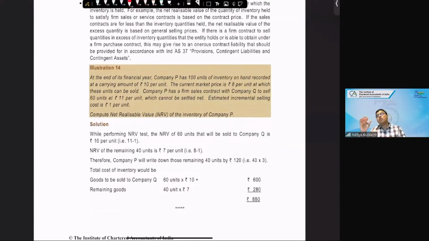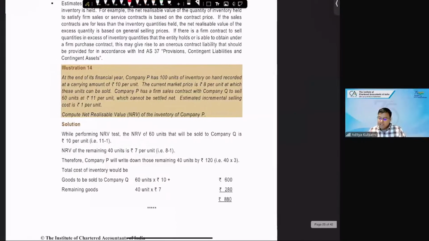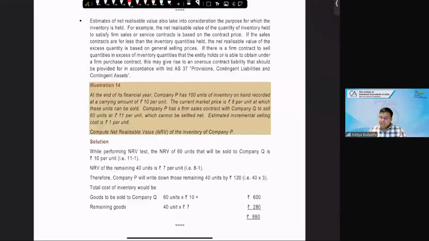So you can do a reversal of the write-down in the future. We don't call it a write-back or write-up. What we mention is a reversal of the write-down. It will be limited to the write-down which you had done earlier. Okay. All right. So at the end of its financial year, company P has 100 units of inventory recorded at